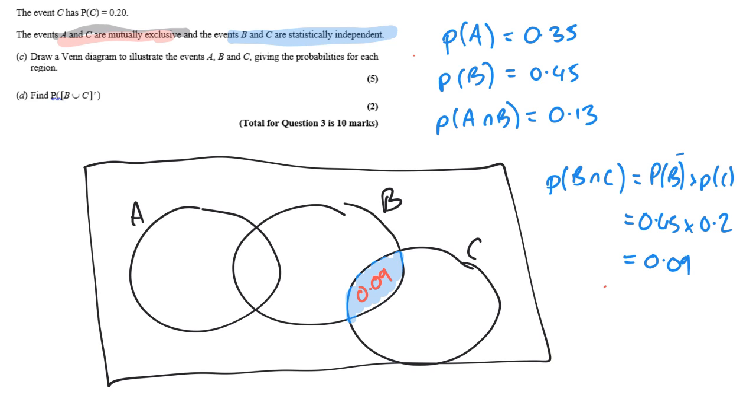Next, I need to work out the other bits that I can fill in. Well, we know that the intersection A and B is that bit there. So I'll go ahead and fill that in as well. That's 0.13. And we can take that away to get 0.22, which we did previously. So if we do the probability of C minus the 0.09, that gives us 0.11 here. And that means that probability of just B, this central section, is going to be